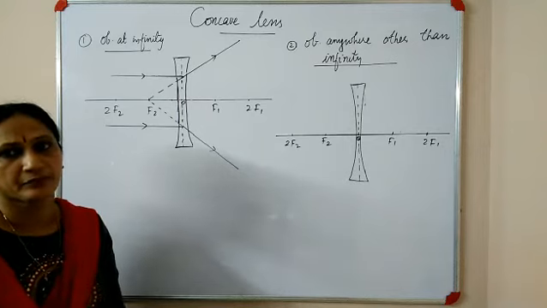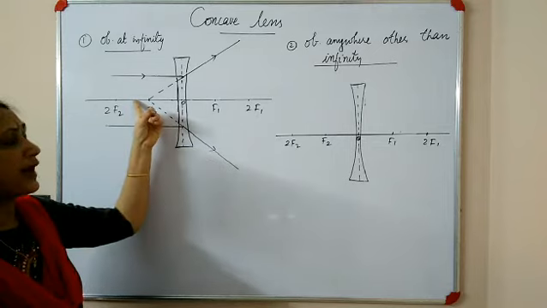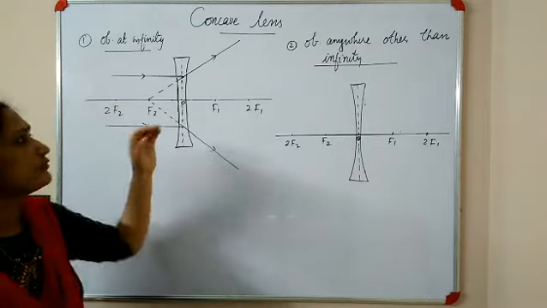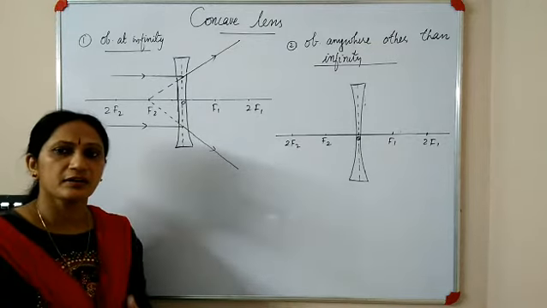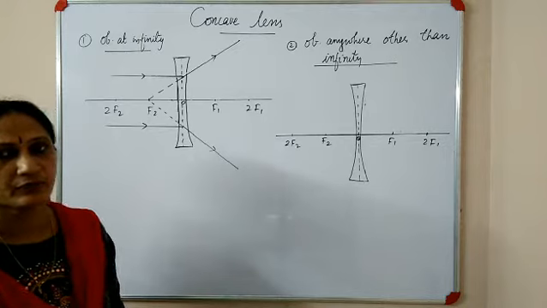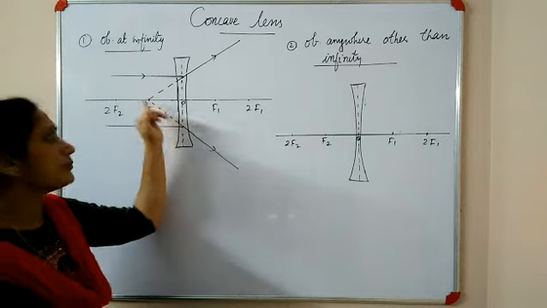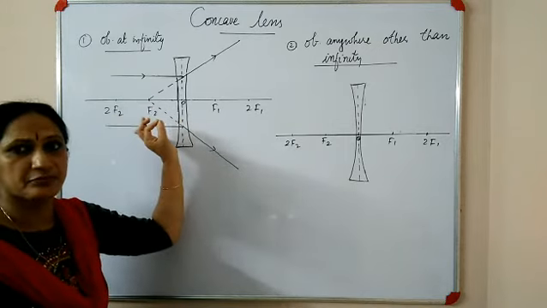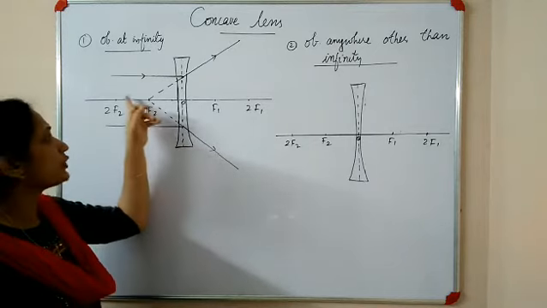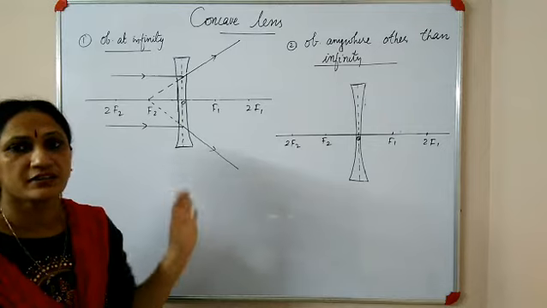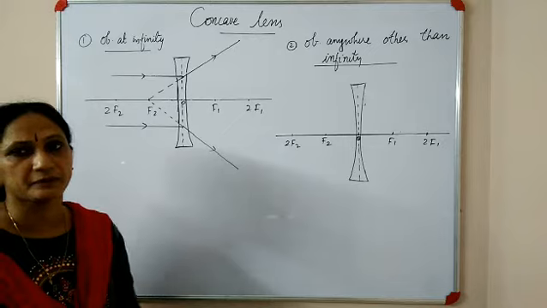Okay, then if the incident rays are not parallel to principal axis, image will form somewhere in the focal plane. Similar case we have seen in convex lens also. If incident rays are parallel to principal axis, image forms exactly at F, principal focus. If the incident rays are parallel to themselves but not parallel to principal axis, in that case image formation happens anywhere in this focal plane.